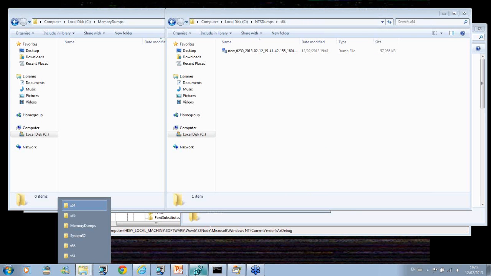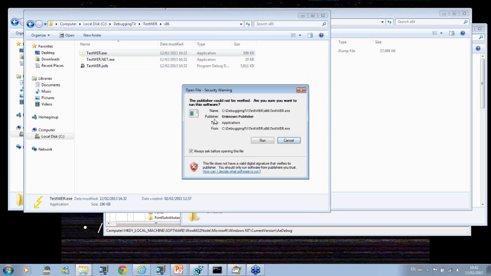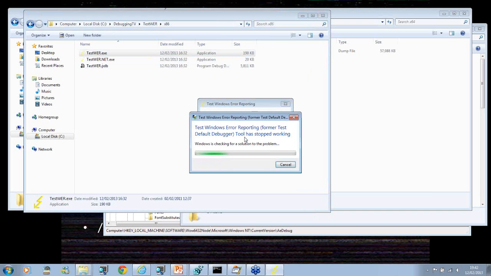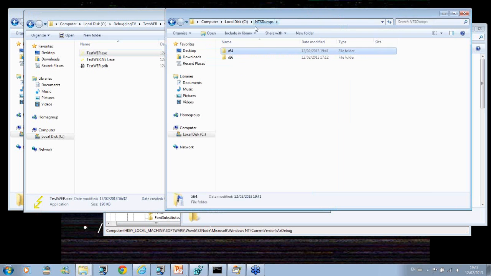So let's then test the 32-bit version of Test Windows Error Reporting. I run it. Debug, but there's no flashing window. Let's check NTSDDumps. The directory is empty. Actually, to troubleshoot that, I used Process Monitor,